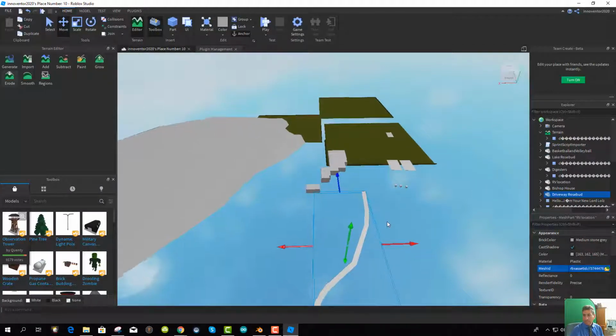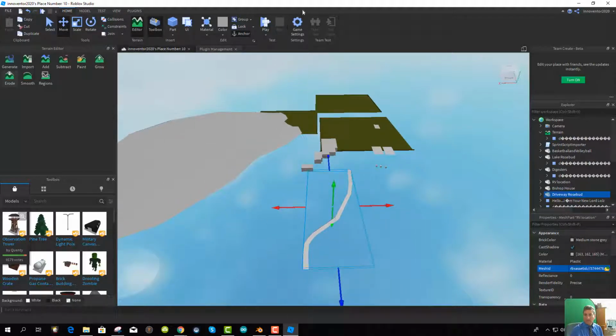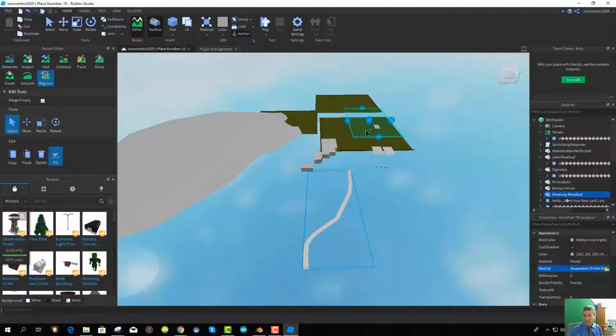Now that is where it's supposed to be in the world. And we're going to have to put some way, a bridge to get here, because the character won't be able to get there without falling through the world. So you are supposed to be able to come to regions here, and if we create a region like that, and we move the region forward and move it down to the right place,